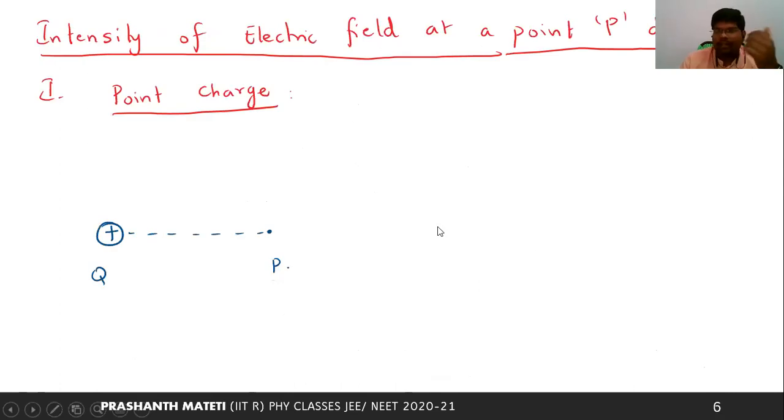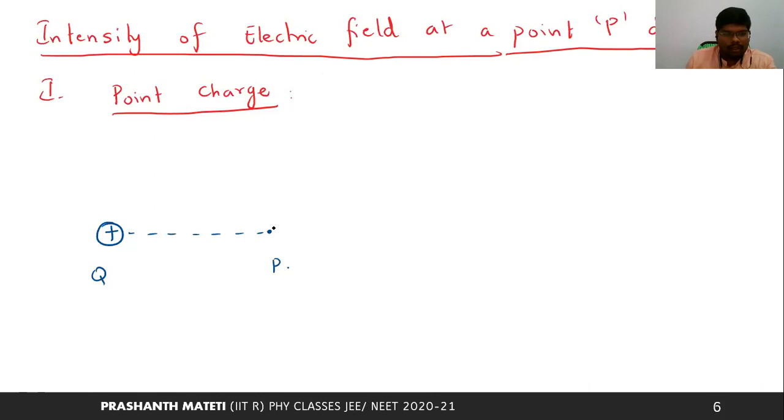And so we know that the electric field is produced by the charge, and we want to know the strength, whether the field is stronger or weaker. If the field is stronger, automatically the force will be stronger. If the field is weaker, the force will be weaker. So we want to measure the strength of the field, or we can say intensity. We want to know the value basically: at a particular point, how many Newton per Coulomb is the electric field strength?